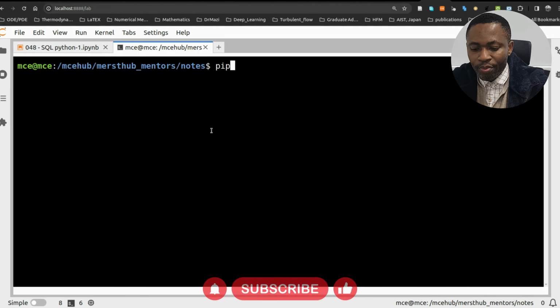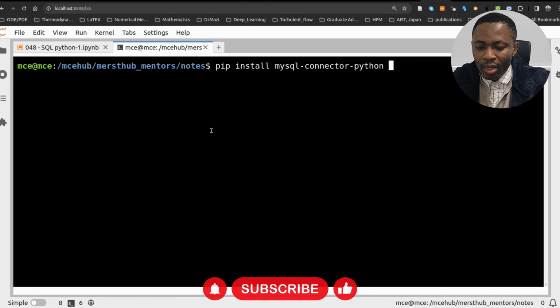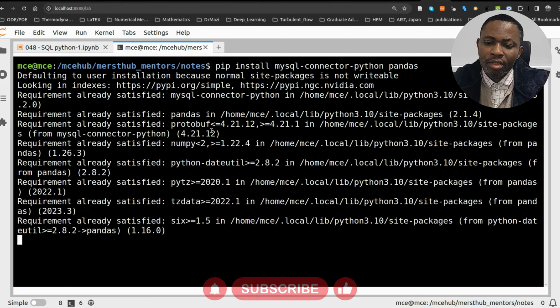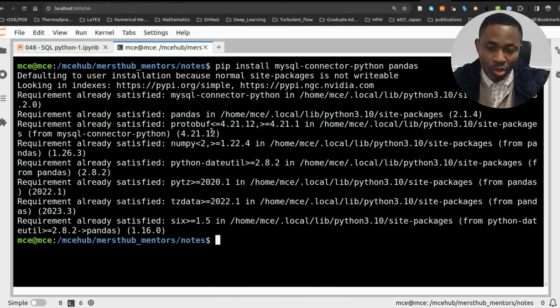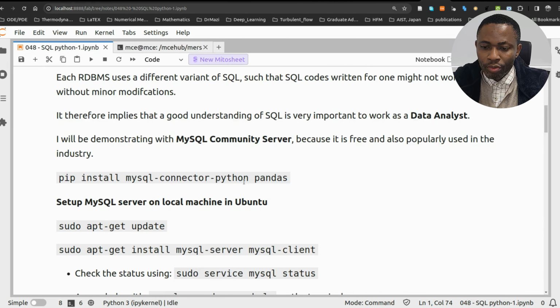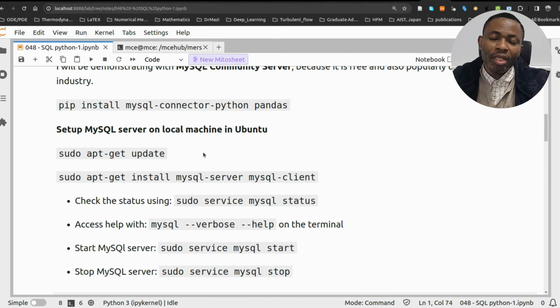Okay, so I'll do pip install mysql-connector-python pandas. If we run this, you will see that it returns that I already have these libraries installed. So you see, requirement already satisfied. Now, the next thing we will do is to update our